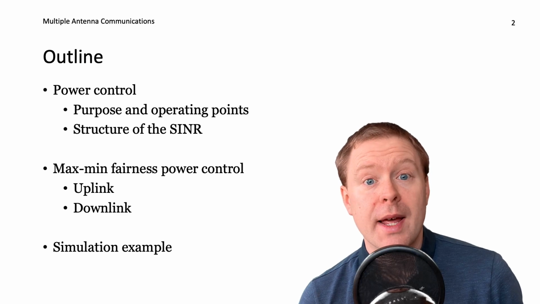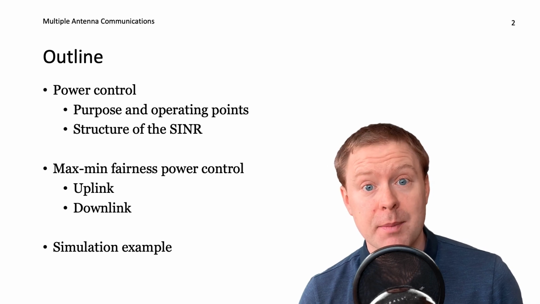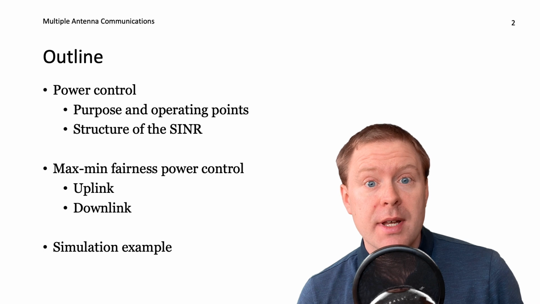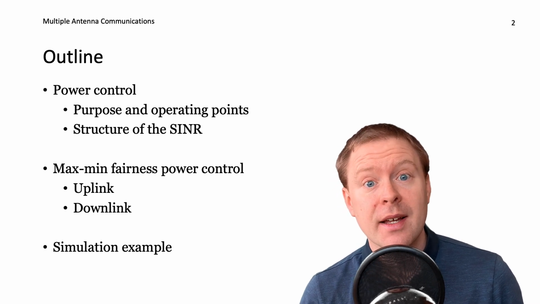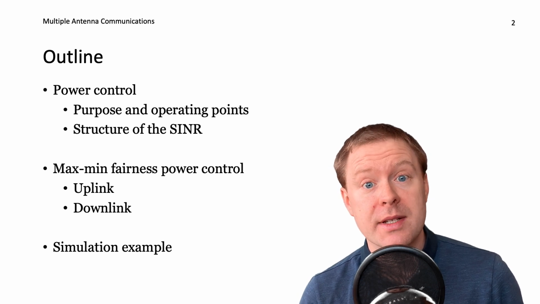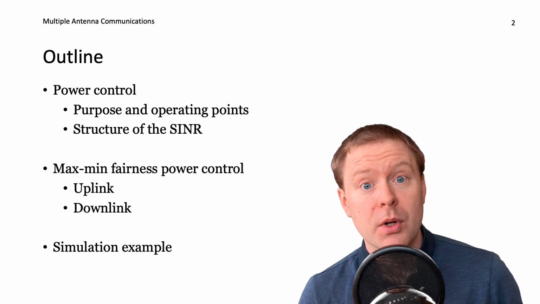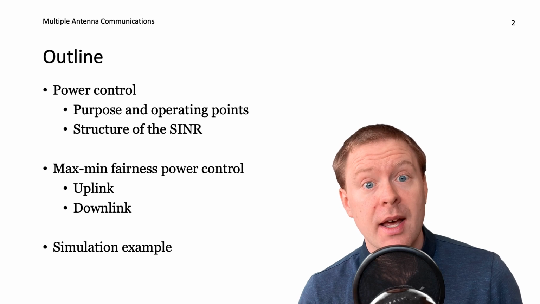In previous lectures we have obtained lower bounds on the capacity for different users in massive MIMO systems, and the expressions have been containing something we call the power control coefficient, eta, and so far it has been a constant. But in this lecture we will look at how we can select them in order to deliver different performance for the users. We will look at how the coefficients are entering into the SINR expressions, and how we can select